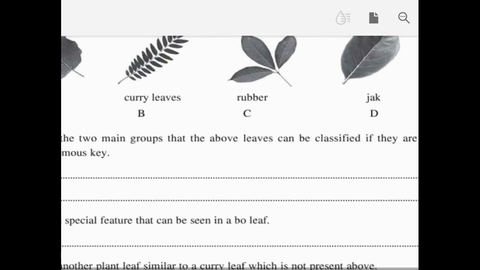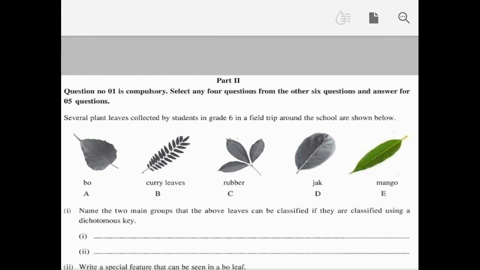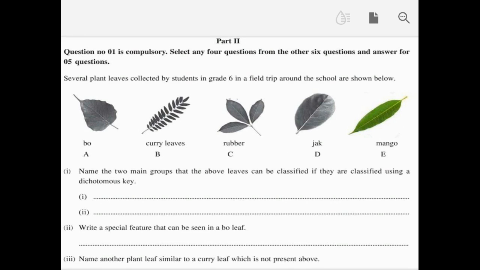Several plant leaves collected by students in grade 6 in a field trip around the school are shown below. There are some leaves: A. Bow, B. Curry leaves, C. Rubber leaves, D. Jack leaves, and E. Mango leaf. Name the two main groups that the above leaves can be classified if they are classified using a